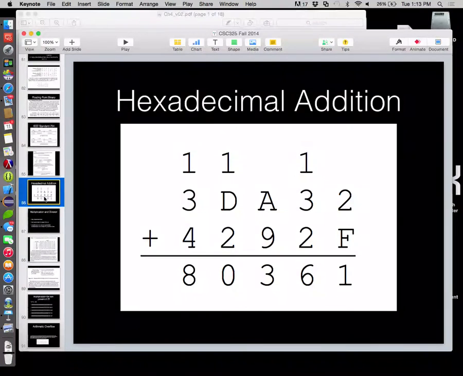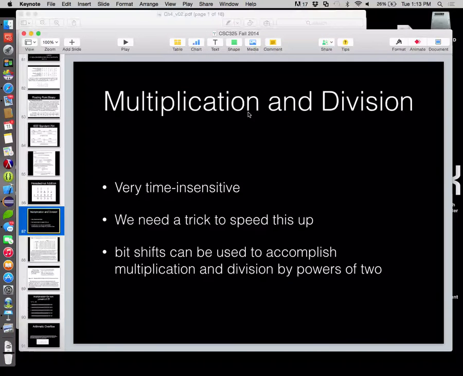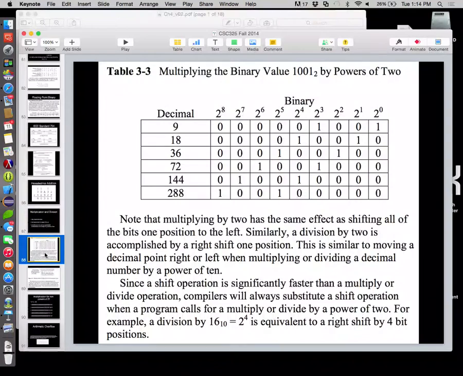All right, hexadecimal addition, we'd already done that. Multiplication and division, we talked about those a little bit last time, that they're very time intensive, so we need some trick to speed this up. So we talked about bit shifts, moving to the left, moving to the right. A left bit shift is a multiplication, a right bit shift is a division, and that works for powers of 2. So for example,